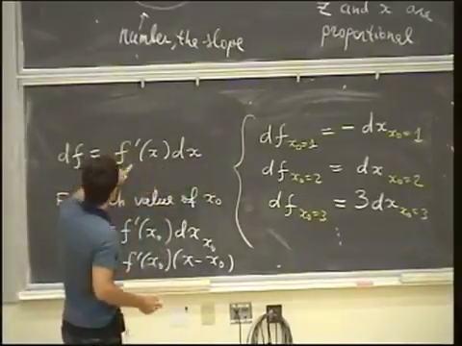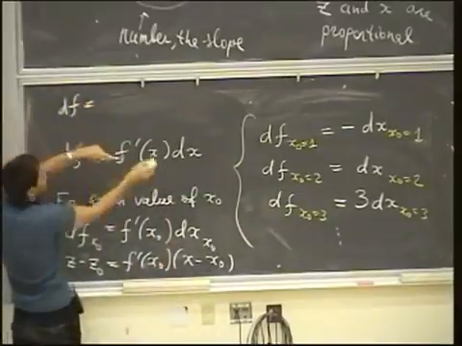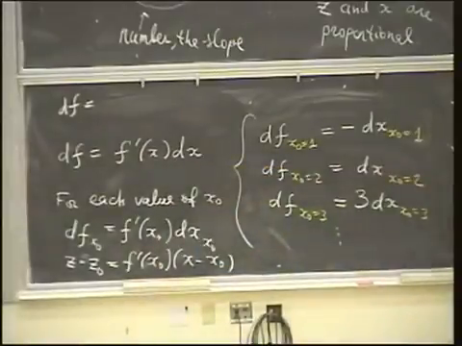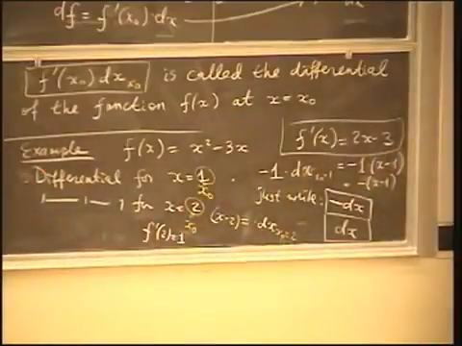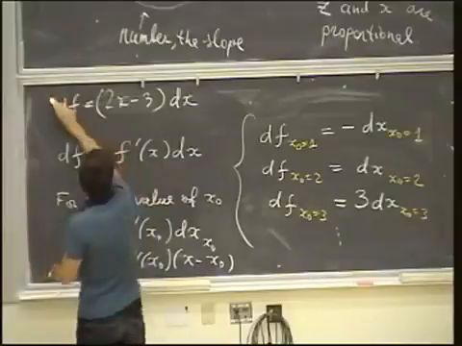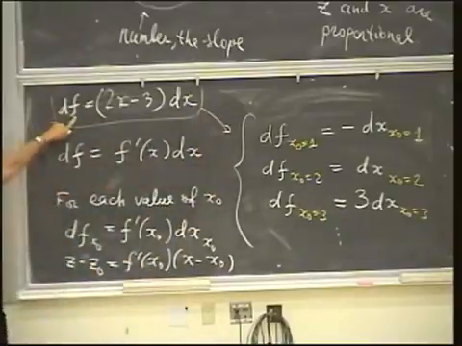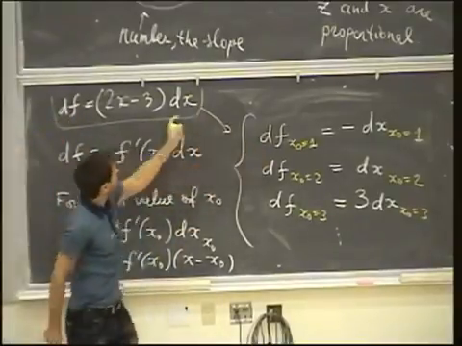So maybe in this case, I would want to write more precisely. In this particular case, I have found that f prime of x is 2x minus 3. So in fact, I will write df is 2x minus 3 times dx. More precisely, it is this formula which is responsible for all of this. Because if you have this formula, you will get this one. If you substitute instead of x the value 1,